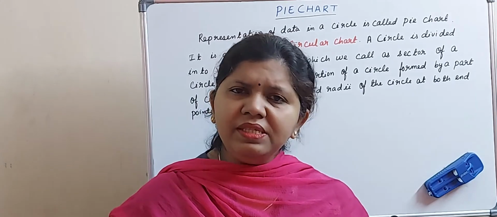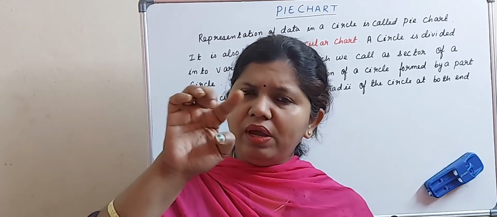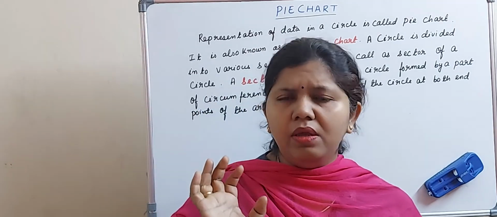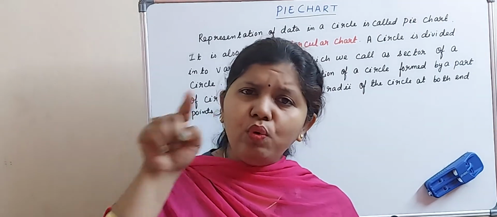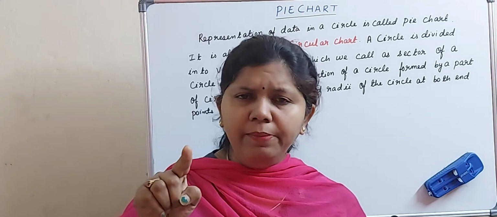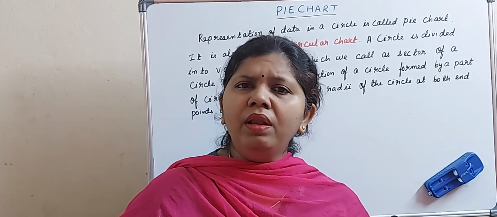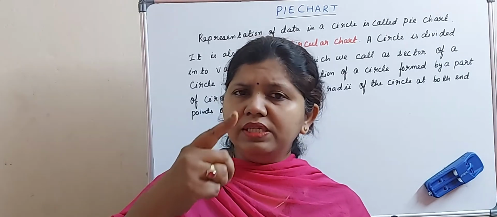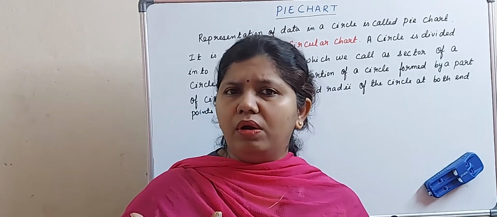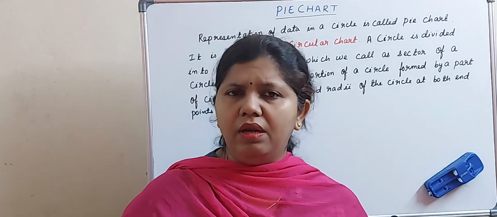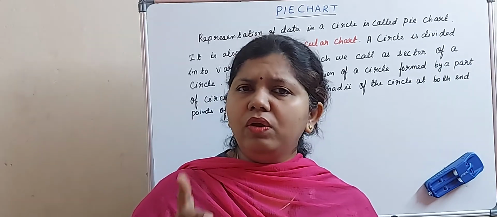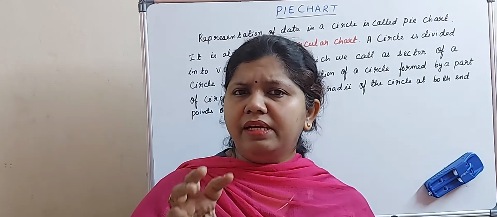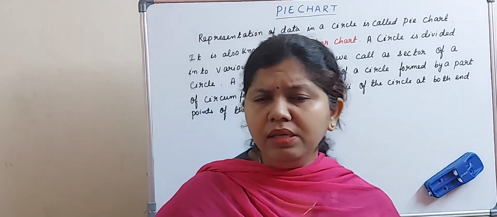So suppose you have taken an arc. What is an arc? It is a portion of the circumference. So you have two end points on the arc. If you draw two lines from the center towards the arc, what is it called? It is called the radius of the circle. So there will be two radii depending on the two end points of the arc. In that case a sector is formed in a circle.